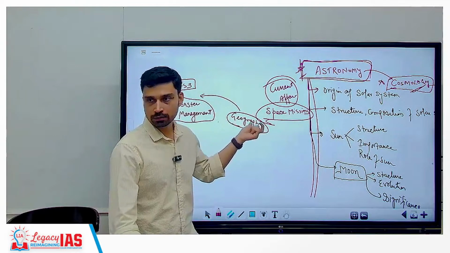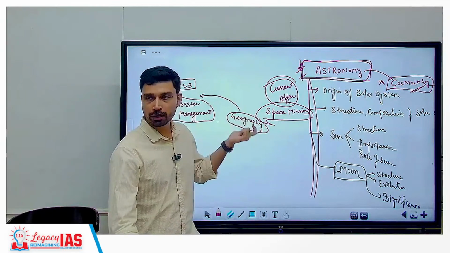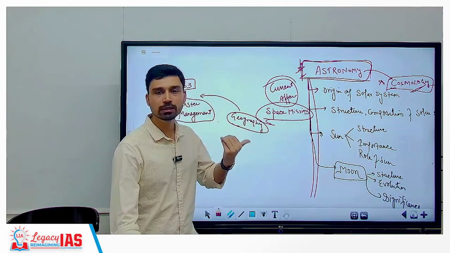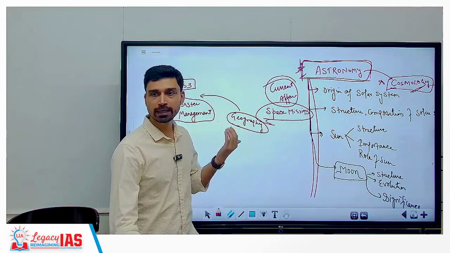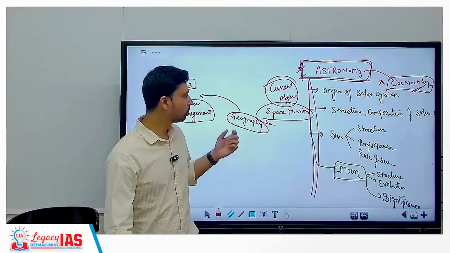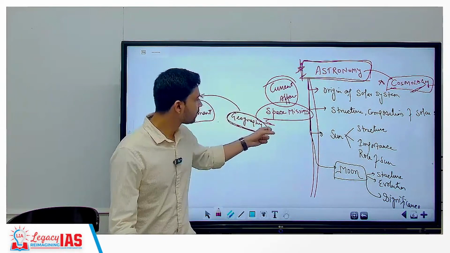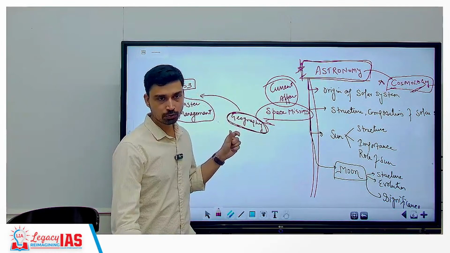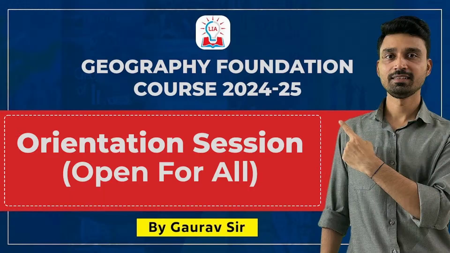Like for example, floods. Why do floods occur? That we have to study in geography. Why do earthquakes occur? That we have studied in geography. Why do tsunamis occur? How do tropical cyclones take place? Why do landslides occur in mountainous regions? So make sure that you pay close attention to concepts about natural disasters, because it is relevant not only from one general studies paper, but also in the